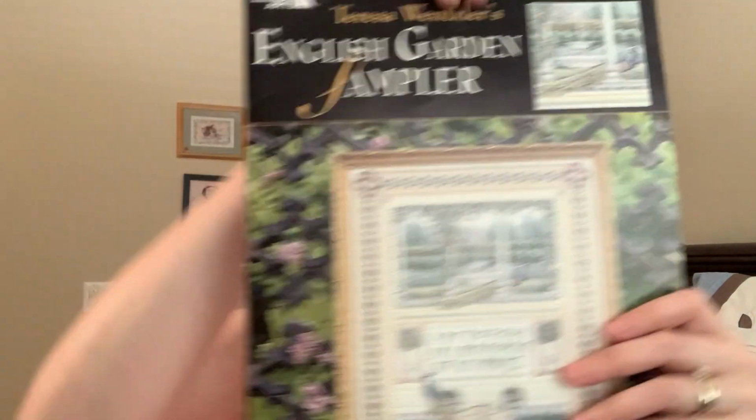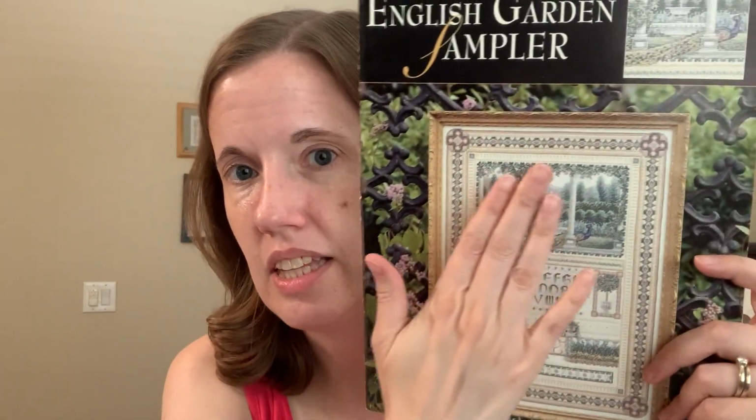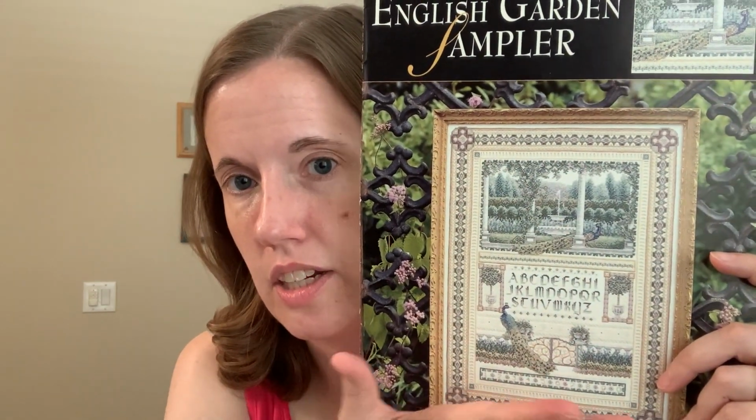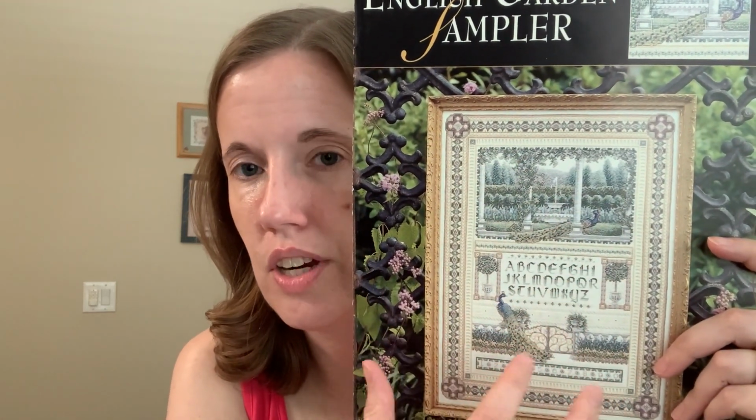The next one that I pulled was a medium project that I worked on for 2 days. The English Garden Sampler by Teresa Wentzler. And I will be taking this scene out, but so far I'm just on the border. I haven't done the math to kind of shrink it up and pull. I love all this stuff, so I'm just gonna pull this up and kind of make sure if there's any